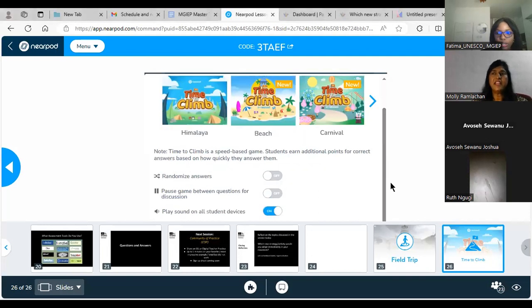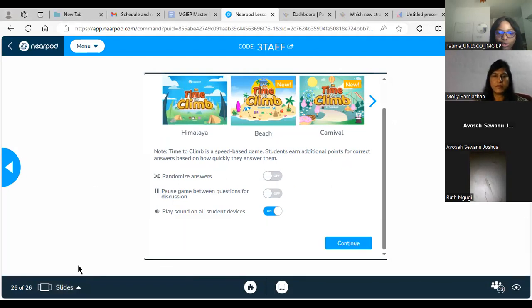If people don't have audio, then they should have clicked join with the computer audio. Just click on join with the computer audio, and if you are using your mobile device, join with your device audio. If they're having difficulty, they can always go out and come back in. Since we have already disabled the admission,